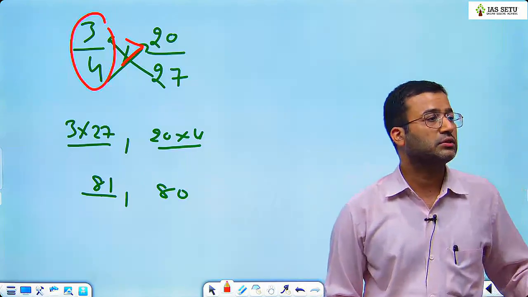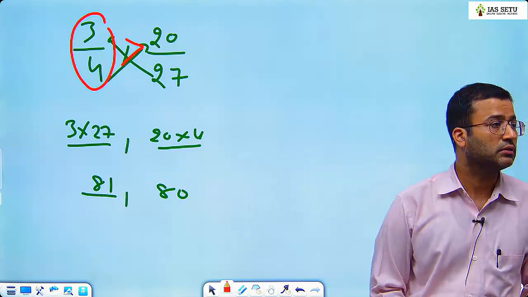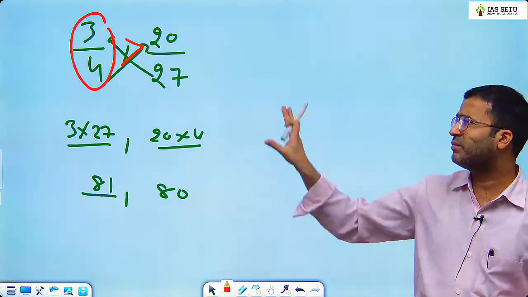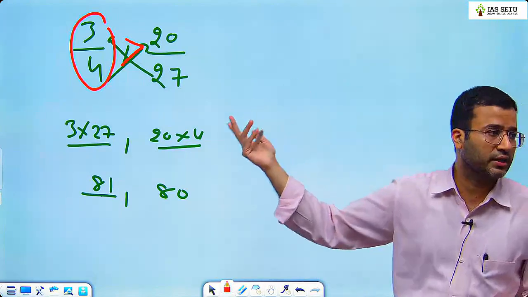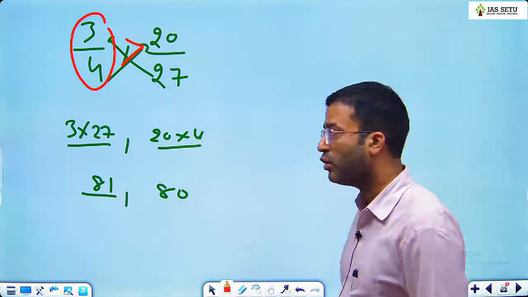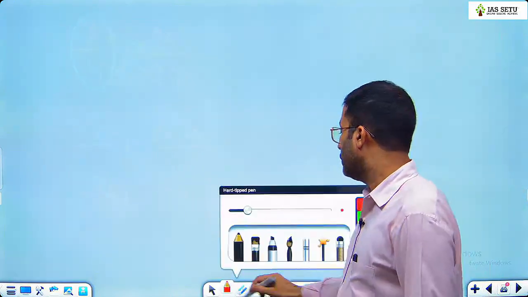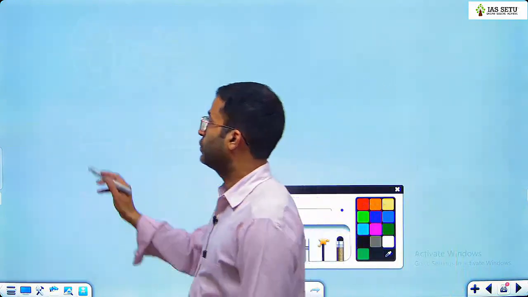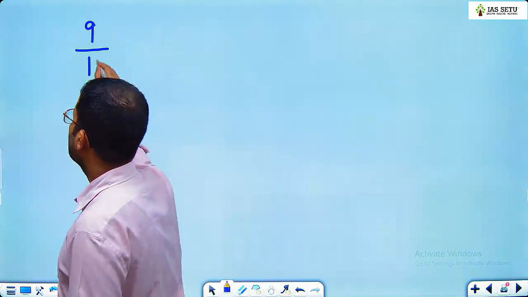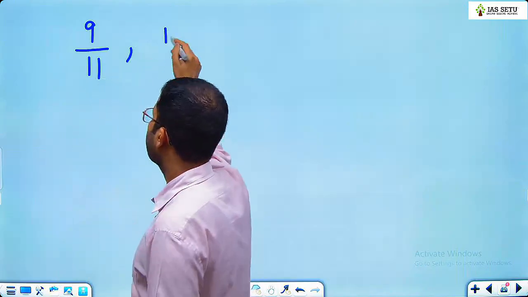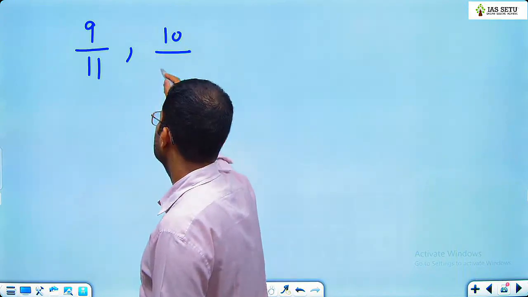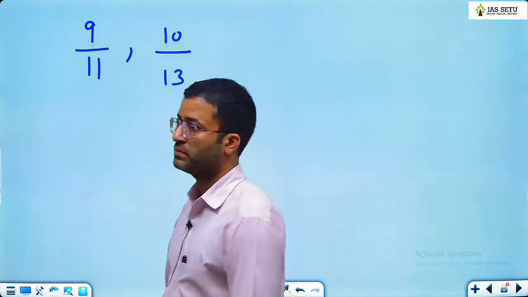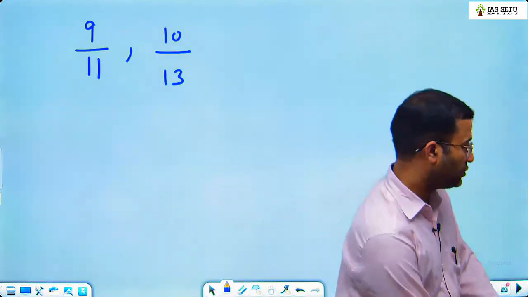Let us try question. कर सकते हैं बट वो थोड़ा लेंदी हो जाएगा कि आप डिनोमिनेटर को सेम बनाने की कोशिश कर लो या न्यूमरेटर की, हो सकता है. नाइन बाई 11, 10/13. Take your time, check out of these two